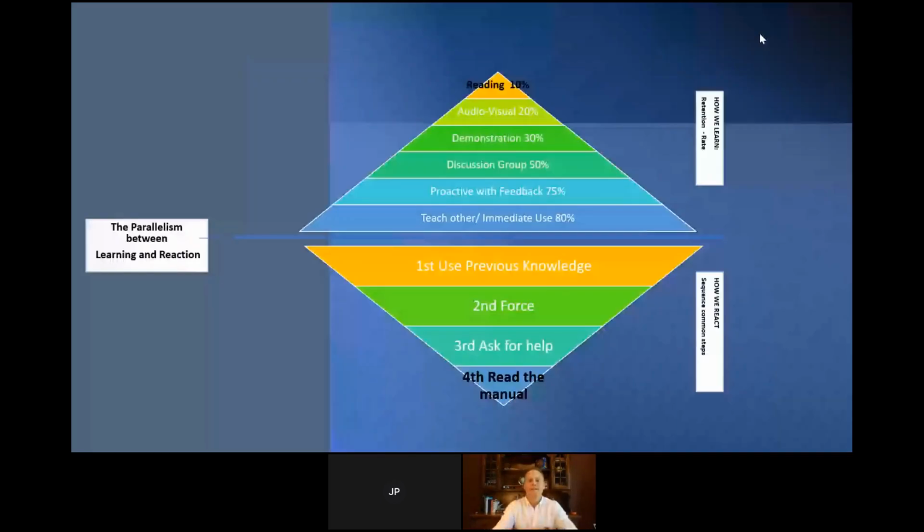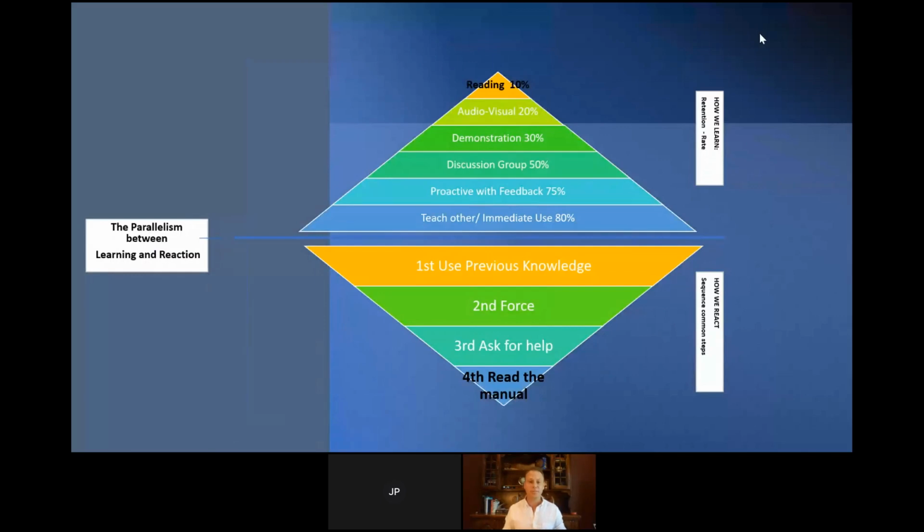I don't remember where I got this or when I made this, but it's several years old, so I can't really give credit where it came from, but it was something I put together. The takeaway on this pyramid, called the parallelism between learning and reacting, is that just by reading, your level of knowledge only has a 10% retention. But as you include different ways of grasping information, discussion groups, and then ultimately when you can teach it,